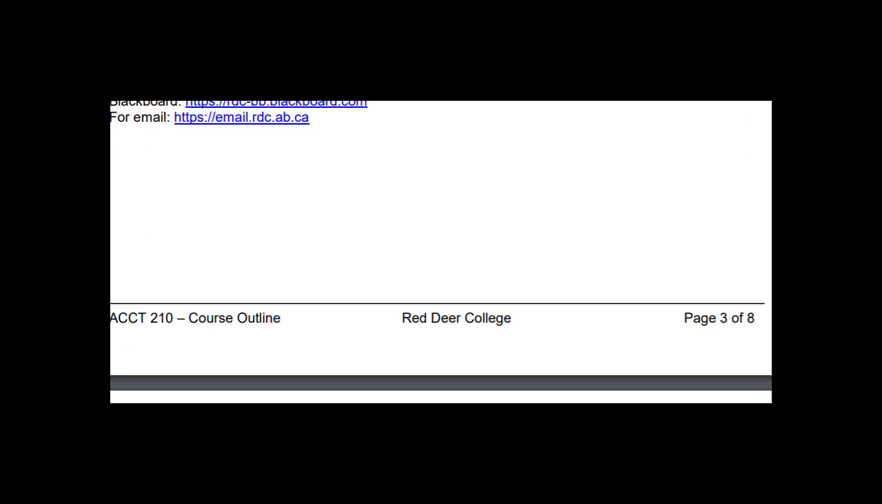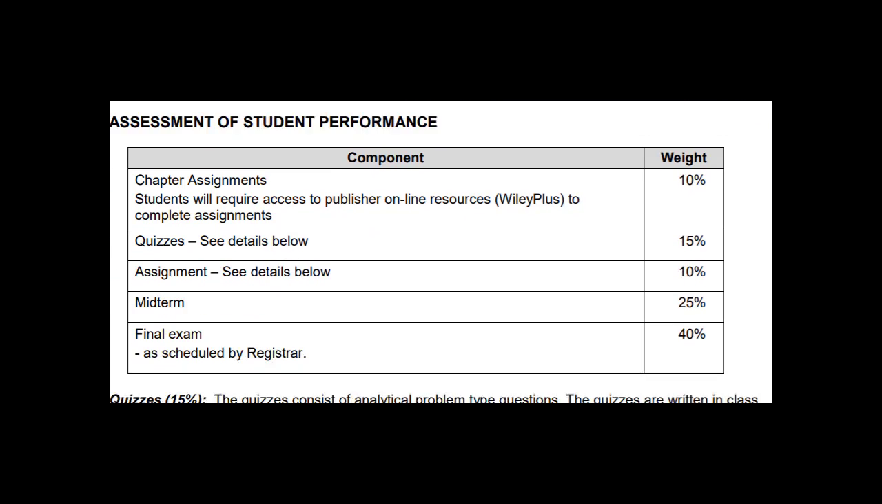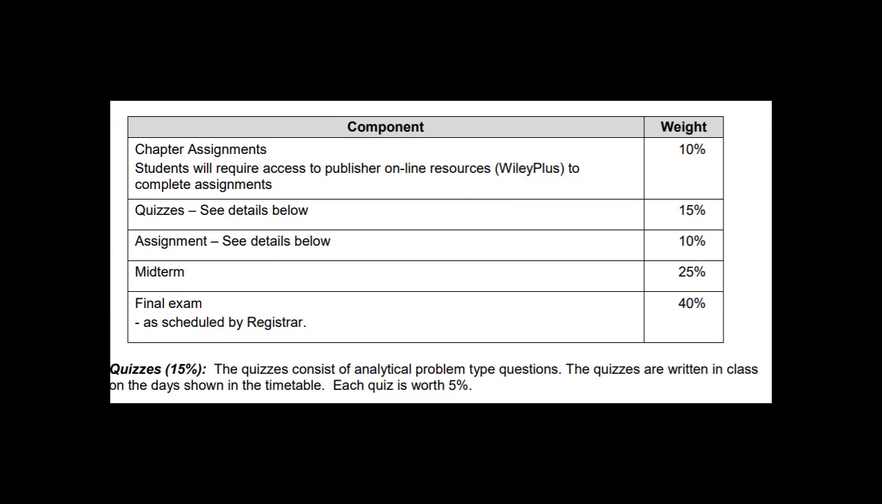Blackboard's where everything's going to be. Please go in there. The weighting's a little different than Accounting 209. We've got the chapter assignments for 10%, so that's Wiley Plus exclusively. I don't think I do anything else in this course. In this course, though, we're only going to have 1 midterm instead of 2, and we will have 3 quizzes during the term that are worth 5% each. The quizzes are on specific topics, so on a positive for you guys, you know exactly what you need to study,